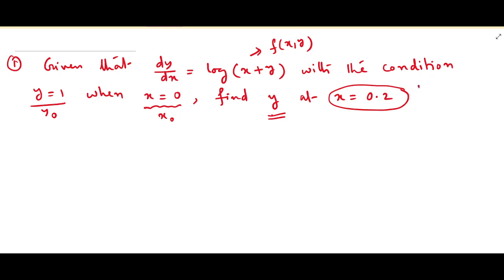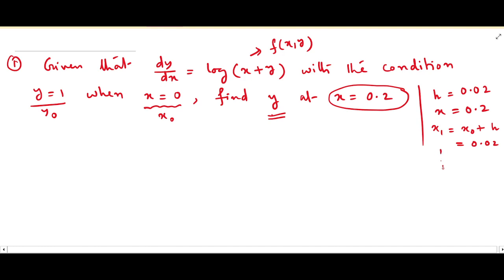In Euler's method we have taken a step size h. So in the problem we have taken the step size as 0.02. Now to get x equal to 0.2, we have to do so many steps, right? X1 is x naught plus h, so it's 0.02. Like this, if you go, you have to find 10 steps. After that you'll get that 0.2. So it will be a rigorous method, right? So many values you have to find.